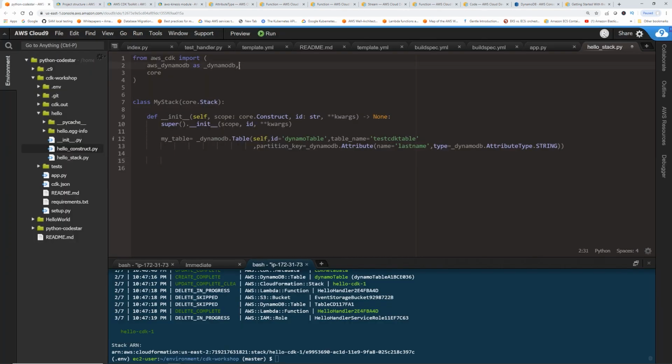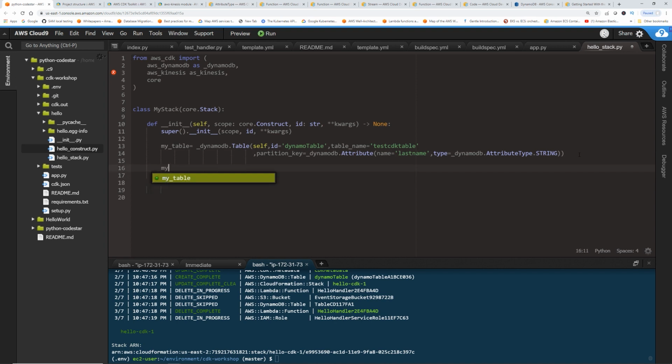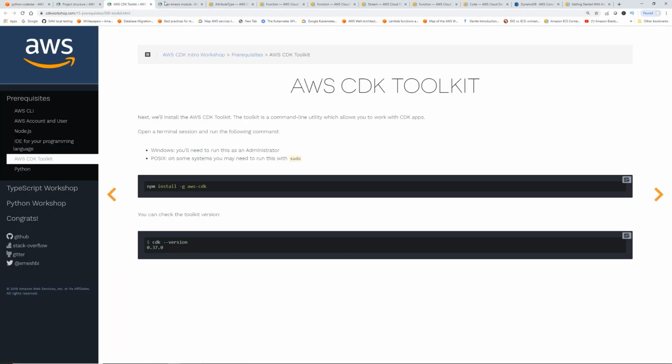Okay. Same way, we're gonna do AWS underscore Kinesis as Kinesis. Okay. Now what do I do? Here, my underscore stream equals to underscore Kinesis dot, going back to the TypeScript example,